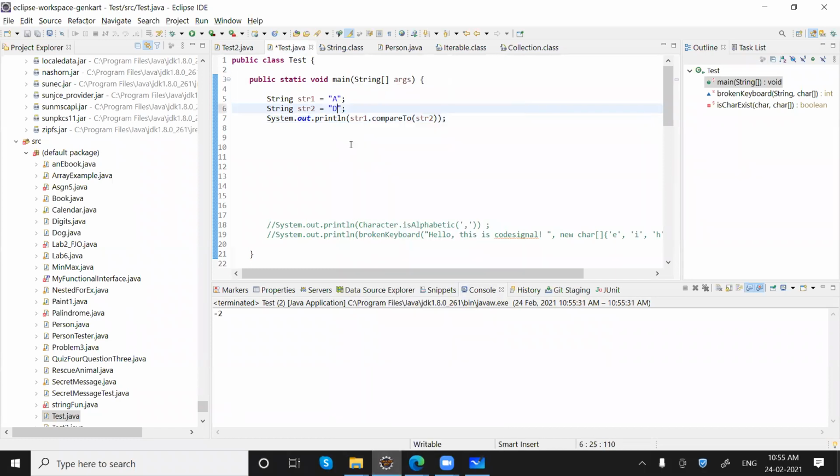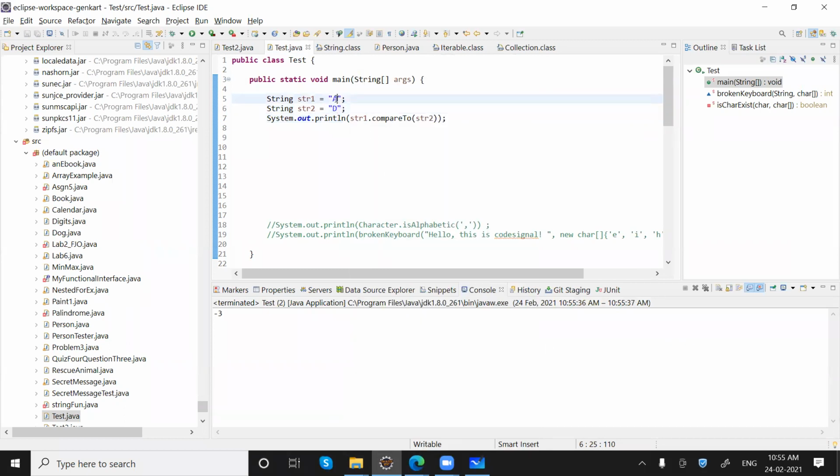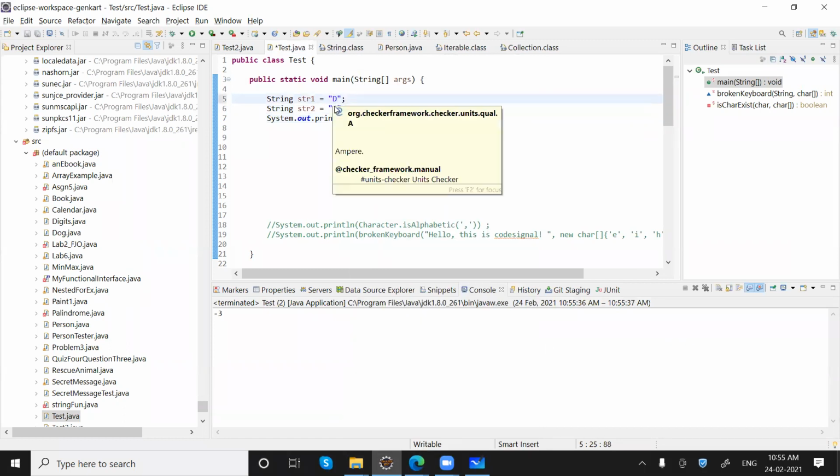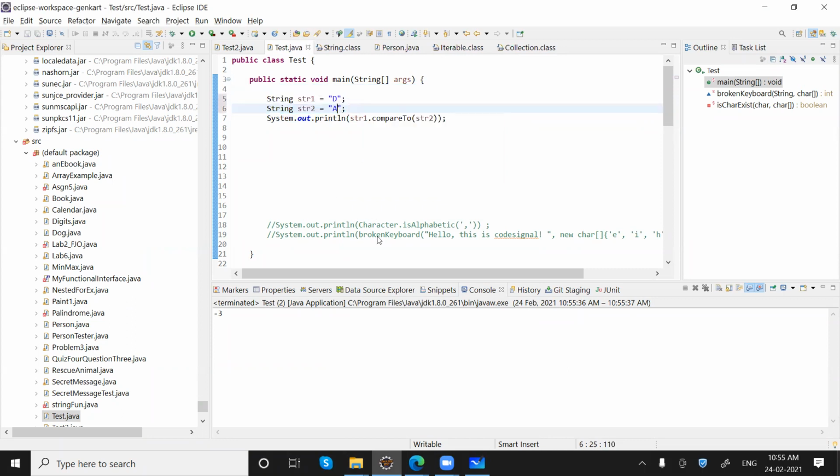If I say D, -3. But what if it is D and this is A? Then +3, and if both are equal, then we'll get 0.